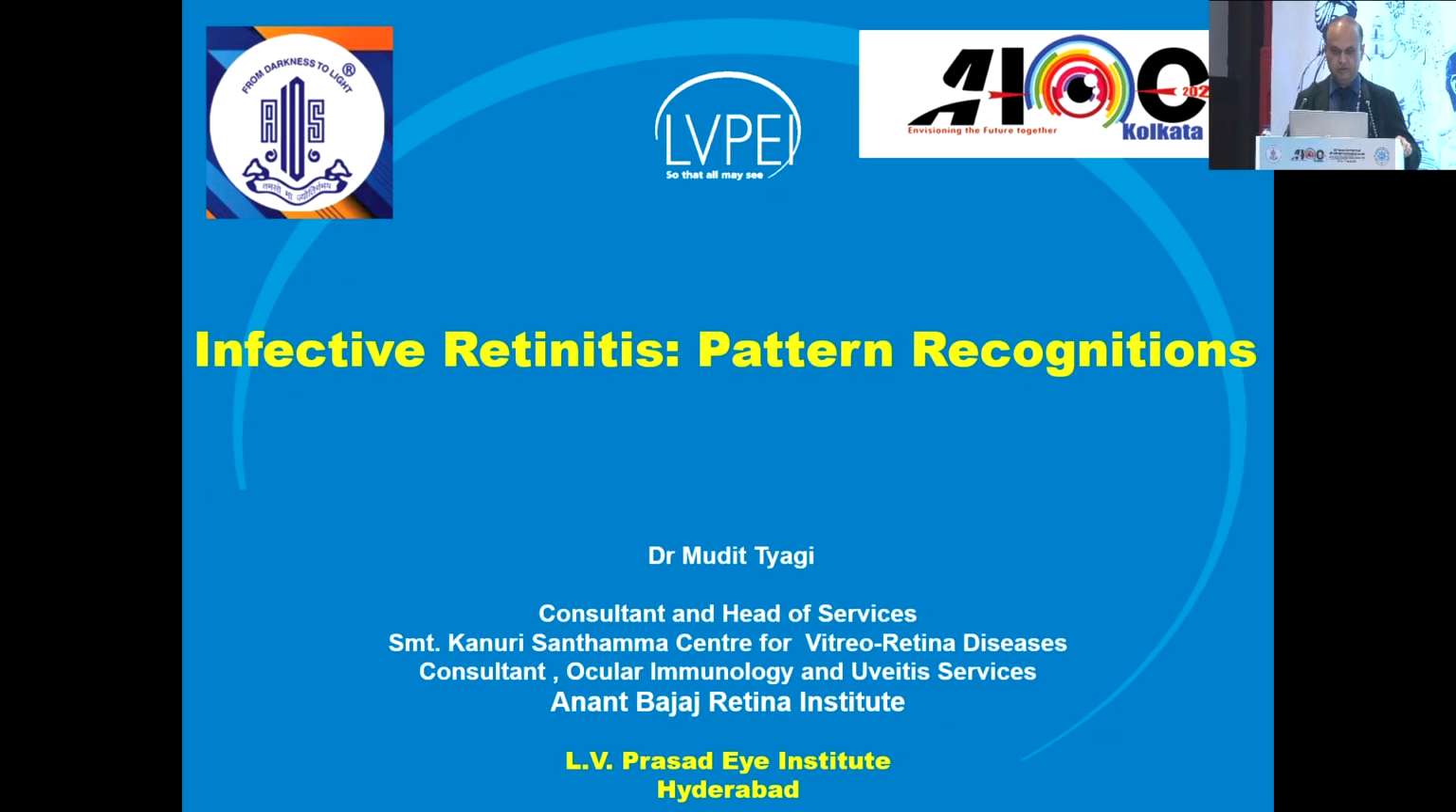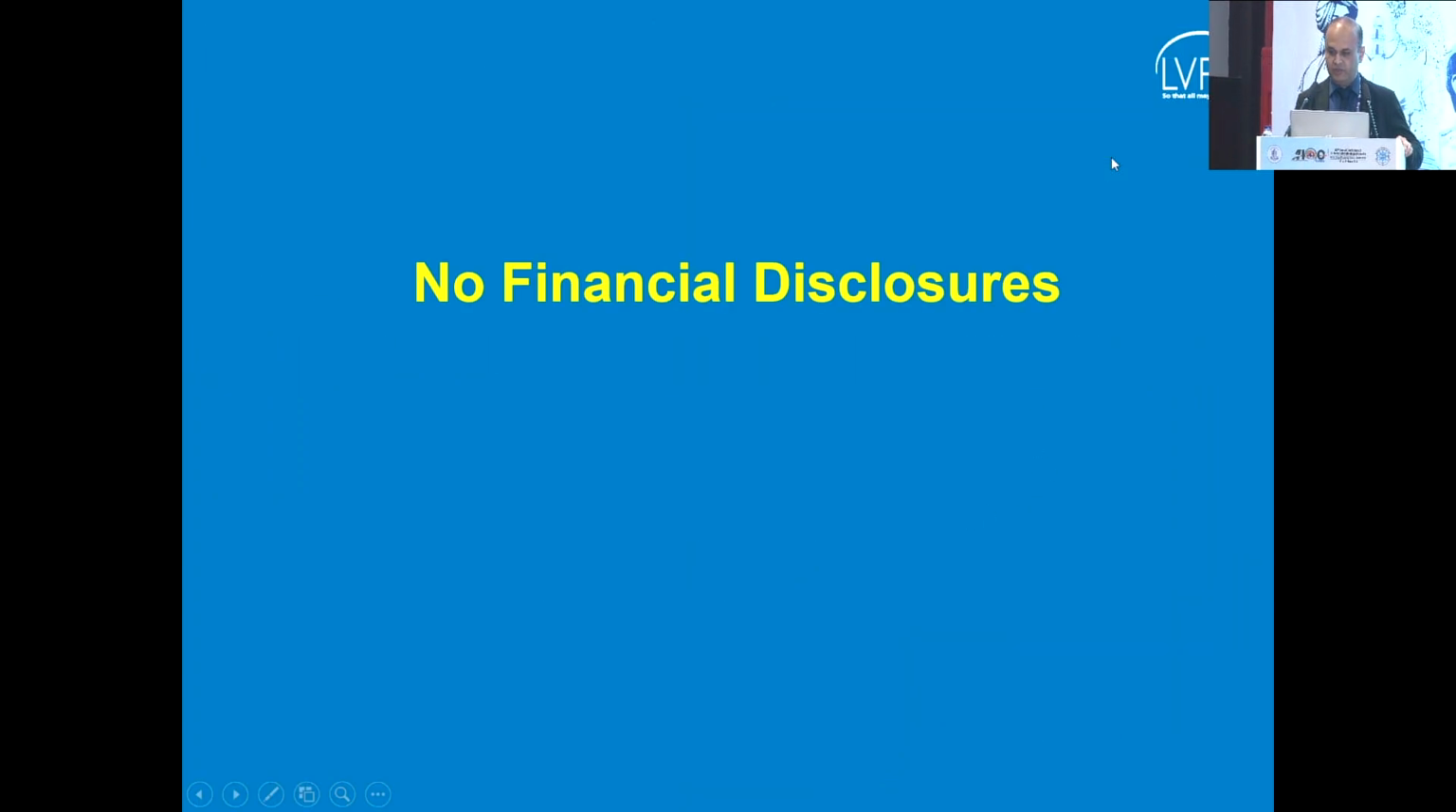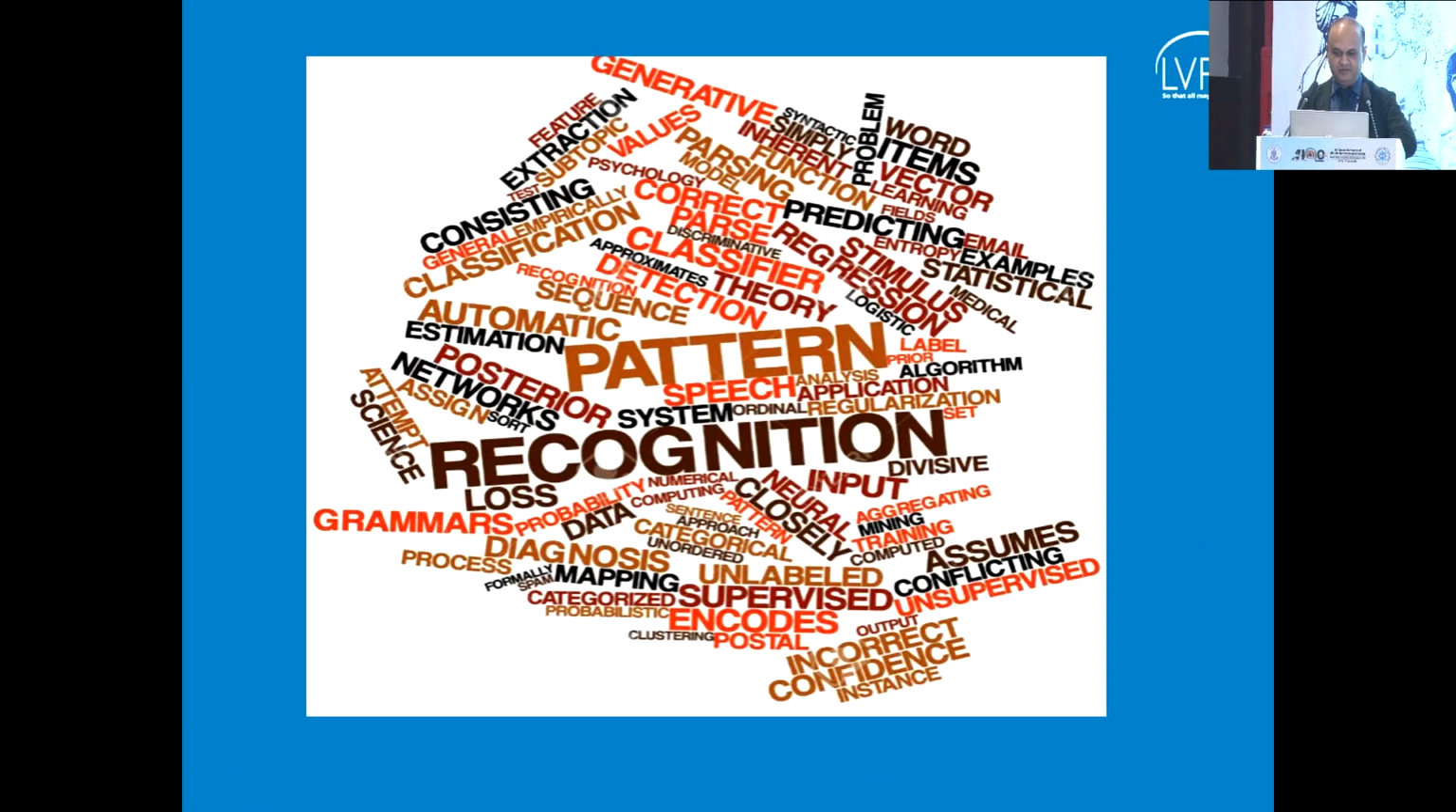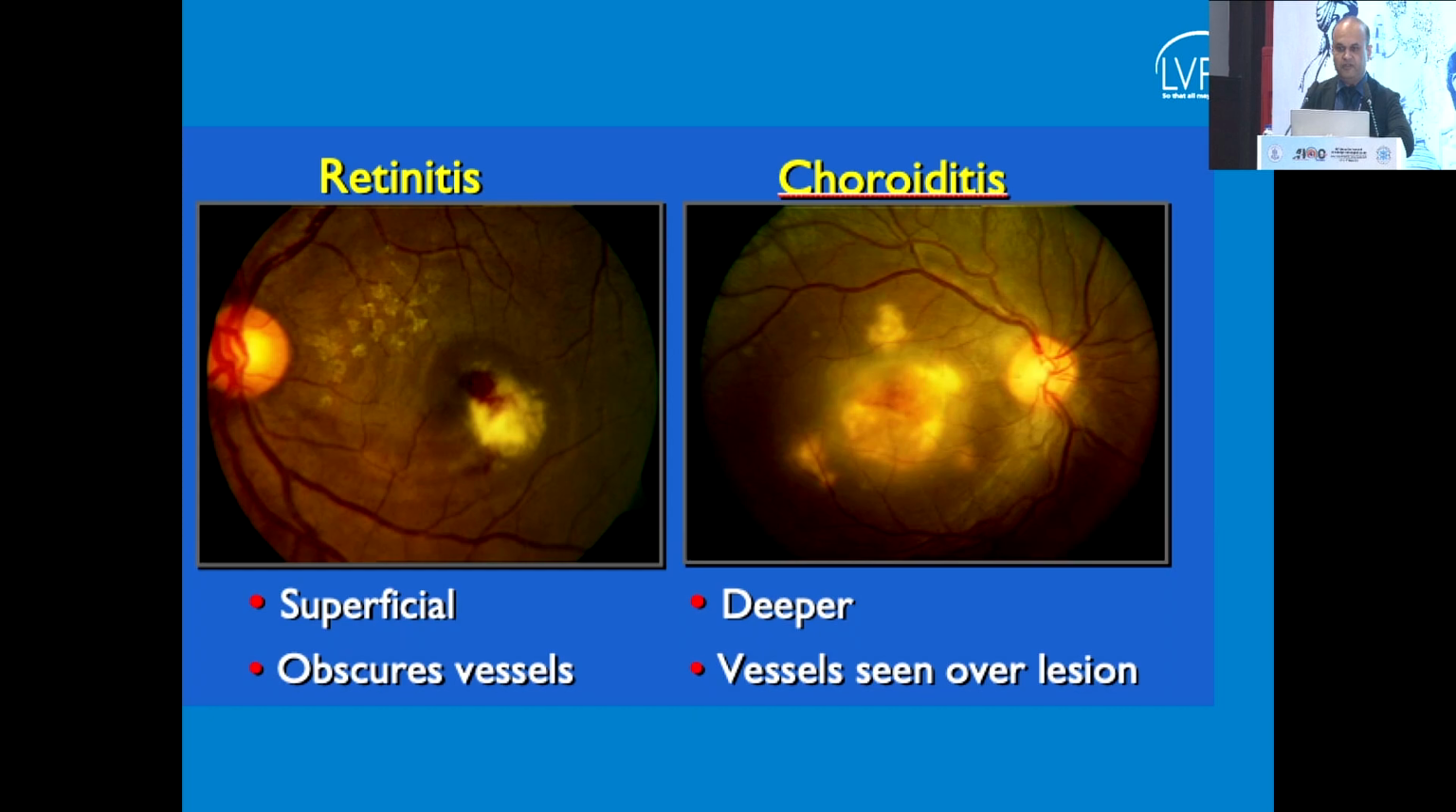So I'll be talking about common patterns of infective retinitis and how you can use these clinical clues to arrive at a diagnosis without resorting to too many lab investigations, and how we can train ourselves clinically to look at these diseases. Now, the first point, I know this may sound a bit rudimentary, but first thing that we have to do